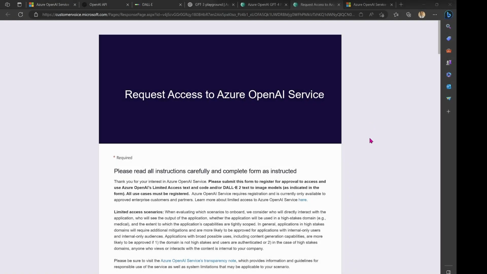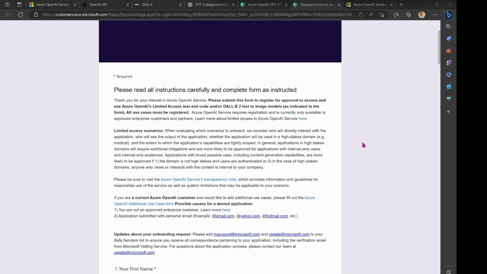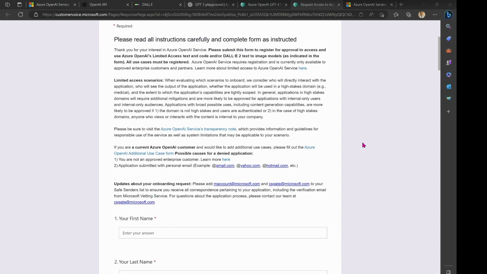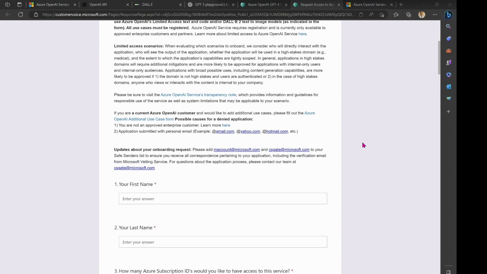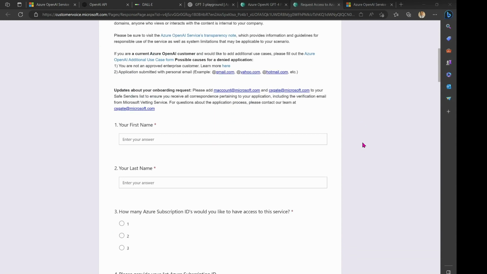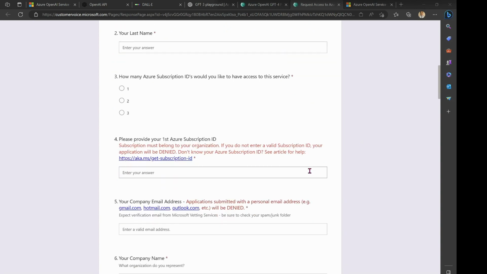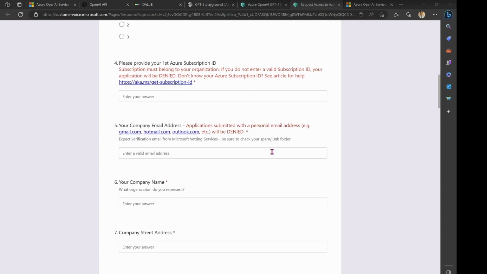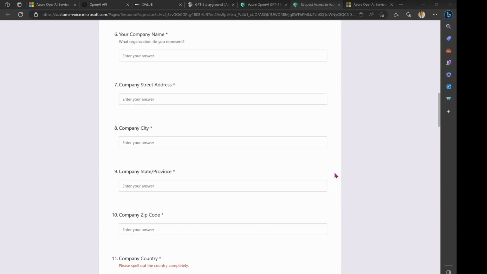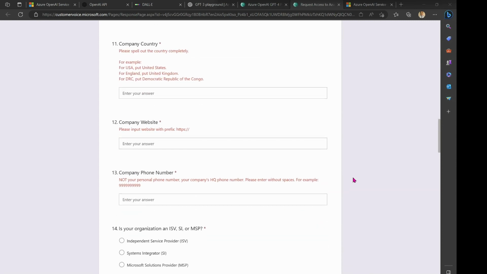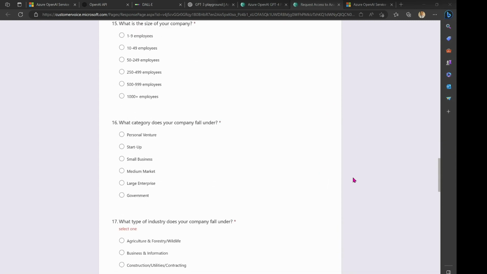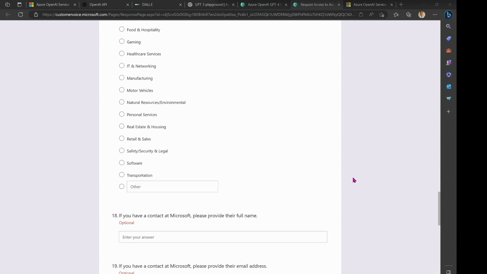So currently, in order to gain access to Azure OpenAI service, you would have to complete this form. And this is subject to change at any given time. But at the time of recording in March of 2023, these are the current instructions. In order to get that approved within your Azure subscription, you'd have to fill out this form. Pretty straightforward. You'd provide your name, your subscription information, your subscription IDs, and use your company email address and a few other small bits of information. And it's pretty straightforward, really, the type of company that you're working for